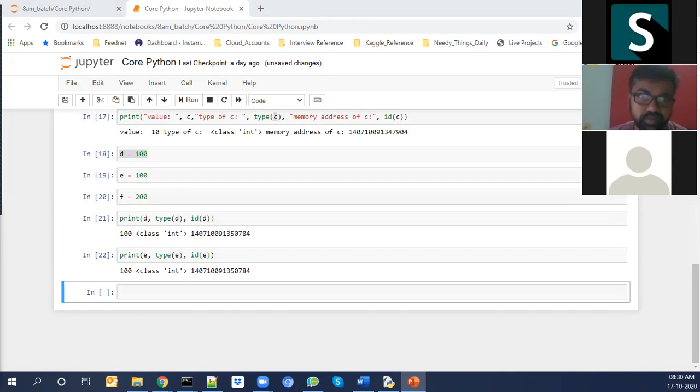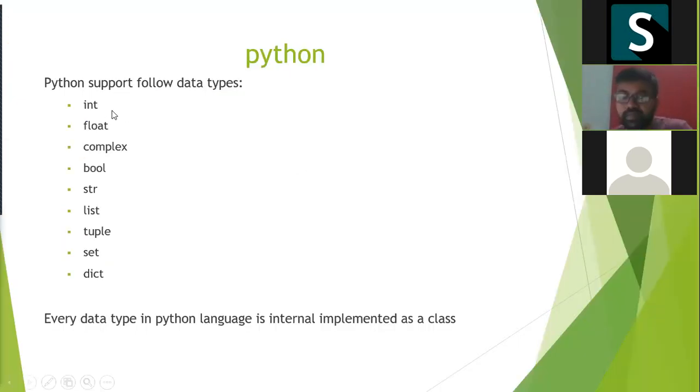We have some data types in Python. You can see on my screen: integer, float, complex, bool, string, list, tuple, set, and dictionary.